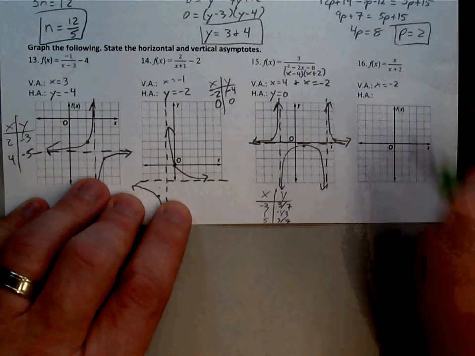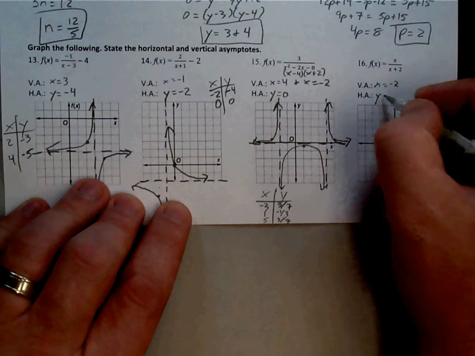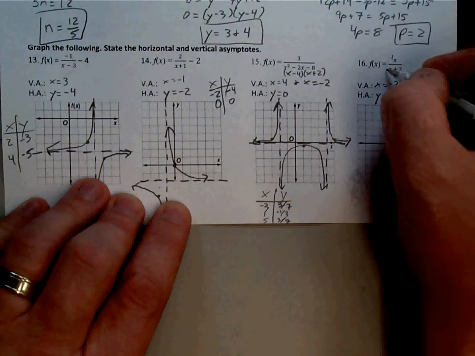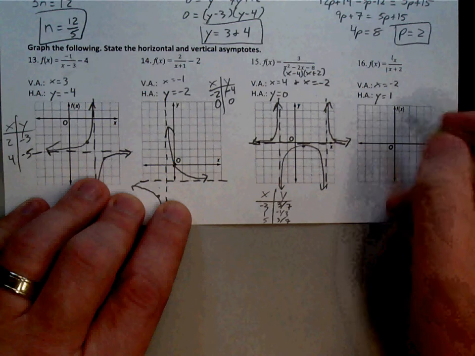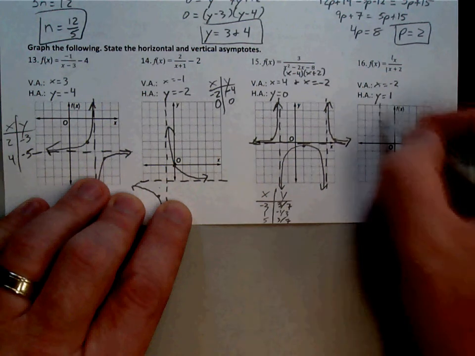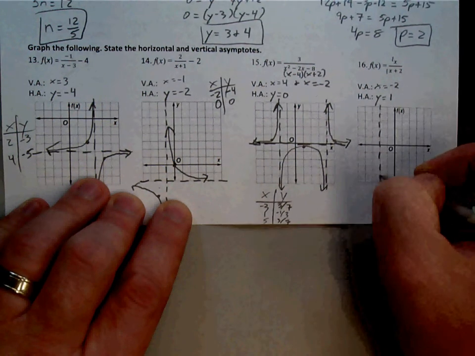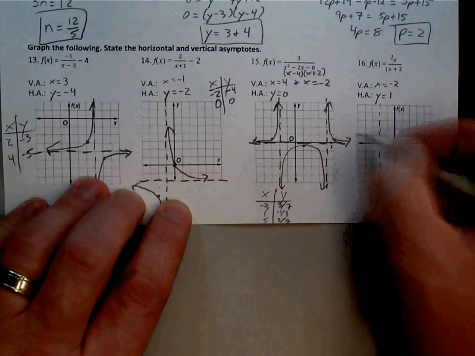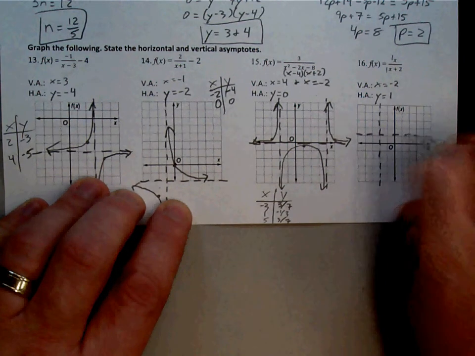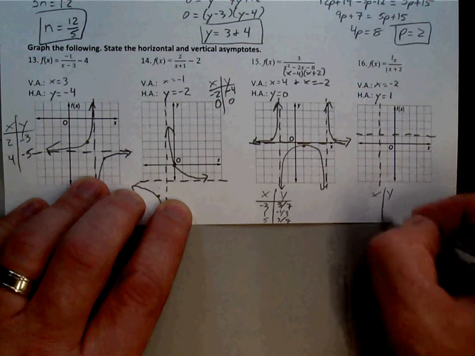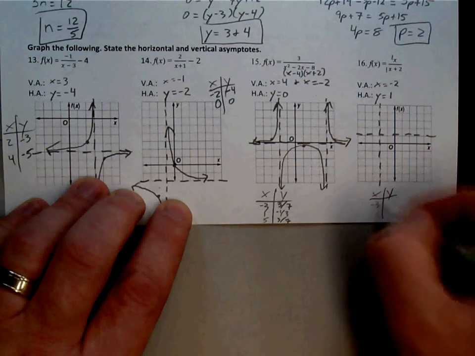Number 16, vertical asymptote at negative 2. The degree of the top and the bottom are the same. That means for your horizontal asymptote, you look at the leading coefficients. 1 over 1 is going to simplify to 1. Your table of values, pick something to the left of negative 2, maybe negative 3,